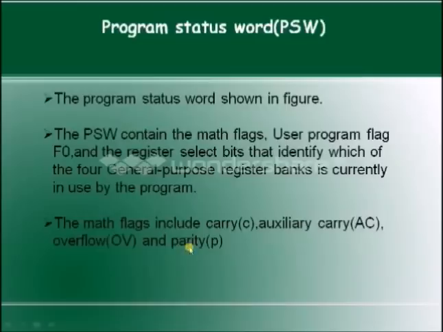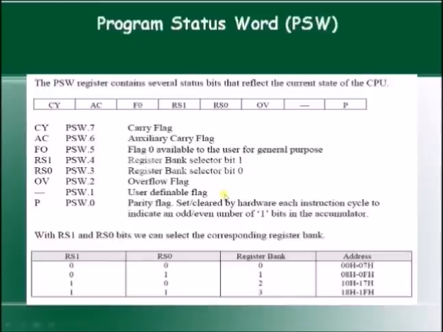Okay, now let us see the program status word. In case of the 8086 processor, we have a flag register. In the same way, in the 8051 controller, we have the program status word, which is going to represent the current status of the processor. So it has some flag bits which represent the current status of the processor. Let us see how the program status word looks. Here you can see that it is an 8-bit register, and each and every bit has its own importance. Let us see what that importance is.